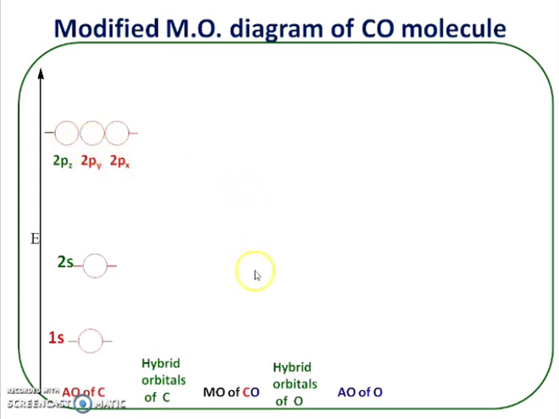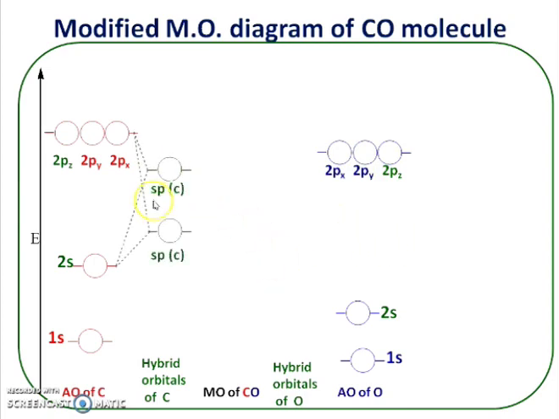They are degenerate orbitals. Similarly, at oxygen, there is a 1s orbital having lowest energy, then 2s orbital having slightly higher energy, but the energy of the 2s atomic orbital of oxygen is lower than the corresponding 2s atomic orbital of carbon. At oxygen, there are 3 p orbitals, that is 2px, 2py and 2pz. Their energy is the same. This is the degenerate set of 3 p orbitals.